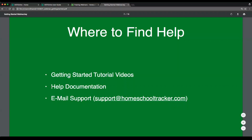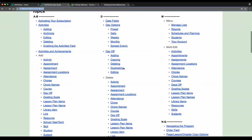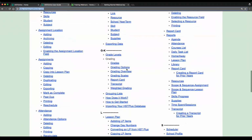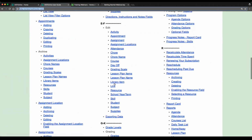Next, I'll mention the help documentation itself. Again, our help site, help.homeschooltracker.com, is a really comprehensive guide to Homeschool Tracker. And it's really kind of a reference guide. As you can see, it's organized by keyword here, where you can jump in and